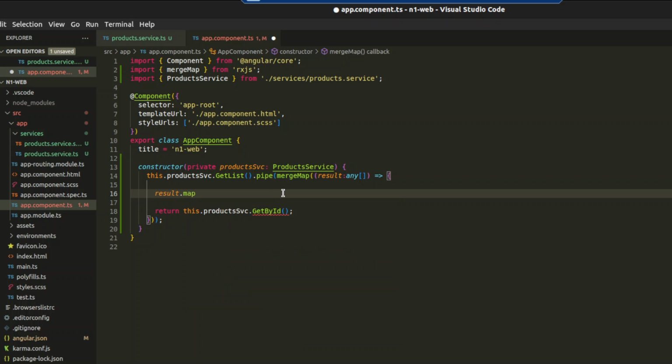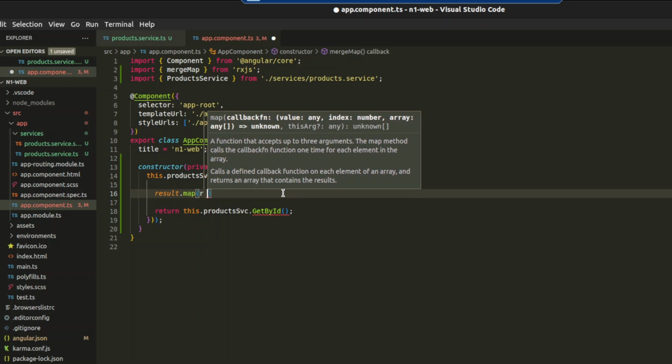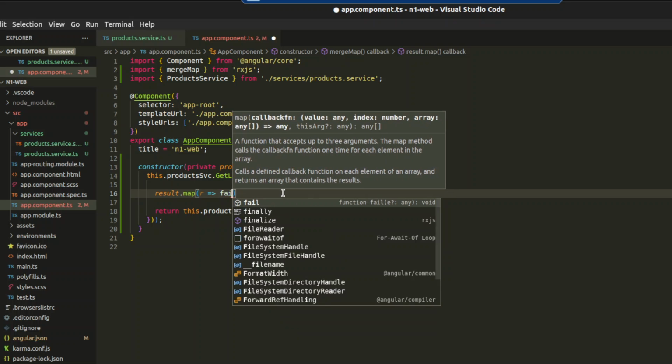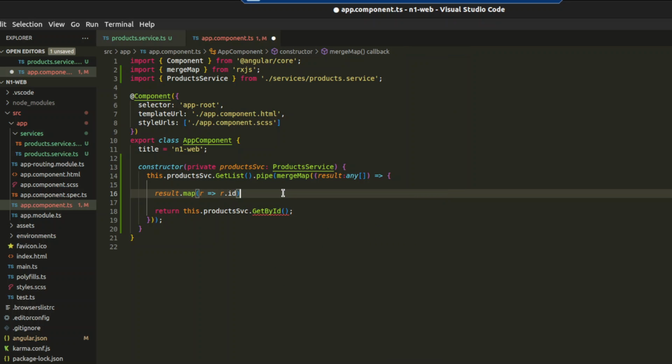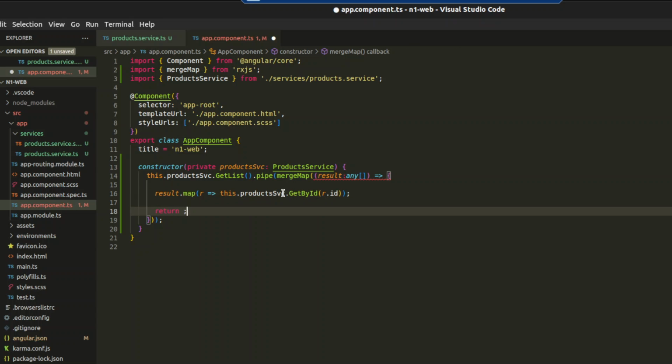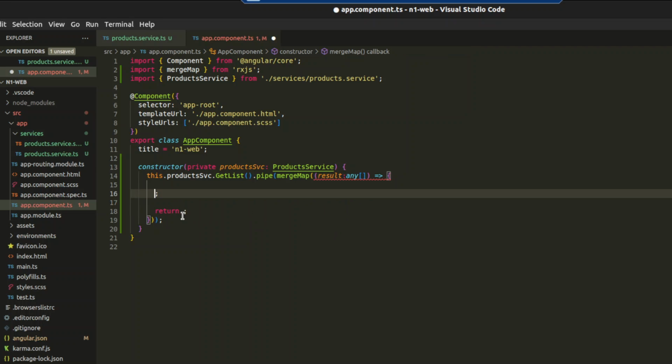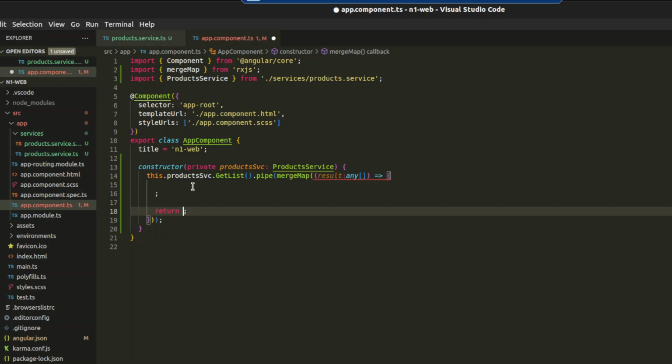map, like a map, then r.id, and then return it here like that. So that will still make sense if you're going to retrieve maybe the details of the product. Yeah, so that will still make sense. Yeah, and we can do that. We can put that here,